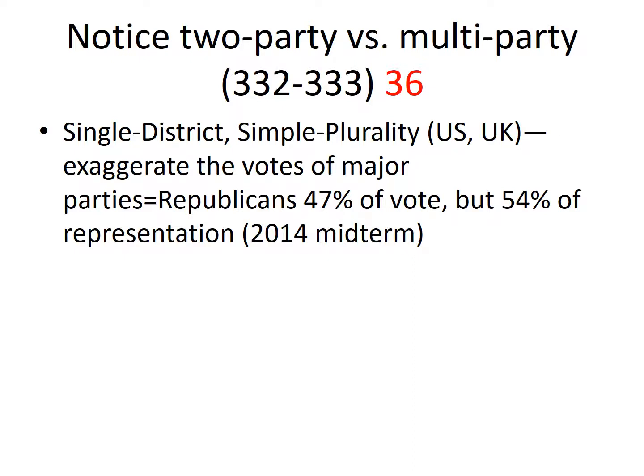So here you can see some of the contrast. You have a really good chart that shows you some of that. And one of the things that you can clearly see with our system is it can distort votes, and you can end up with more representation than what would really serve the voting public for a political party. So you can see there in 2014 how, based on how the districts were drawn, the Republicans got more representation than what their votes would deserve.